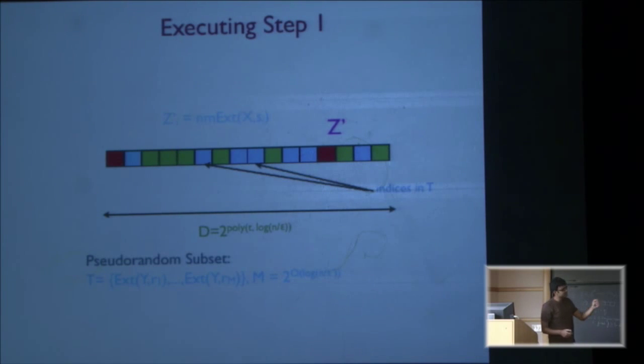So for the pseudorandom subset of coordinates, take your second source y and run it on all the seeds. Now this extractor is not a non-malleable extractor; it's just a seeded extractor. So your m is polynomial in n, and z would be z prime projected onto the chosen coordinates. We interpret each output as a number in 1 through D, so the output of the seeded extractor is log of capital D bits.